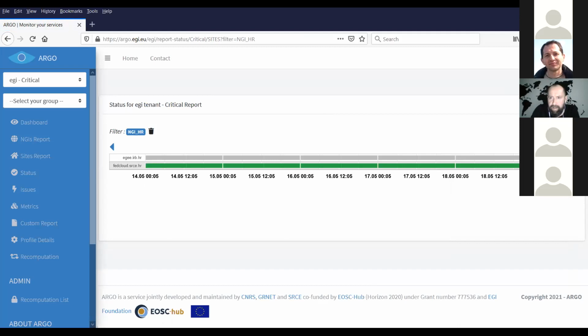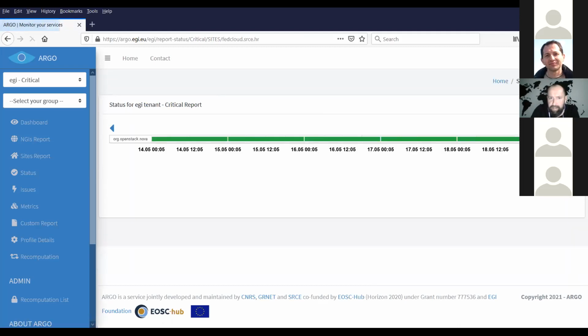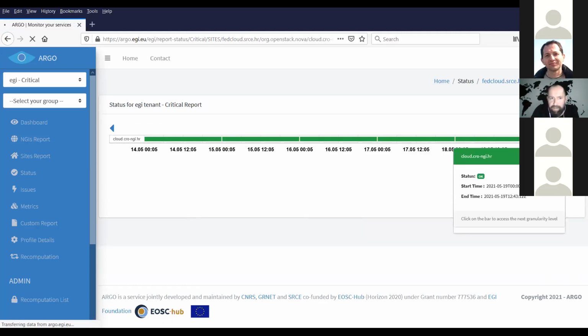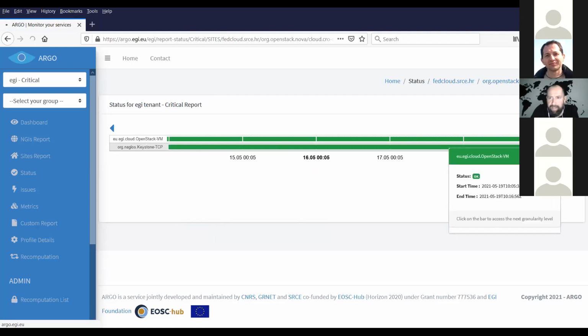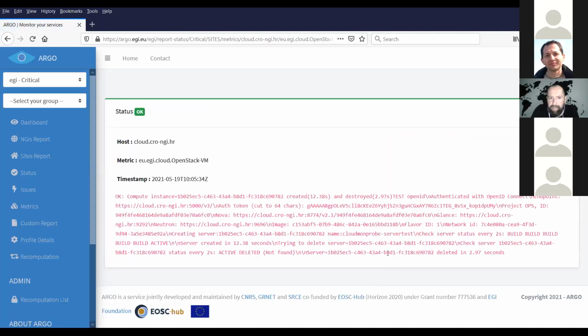So these guys, they still haven't fixed the damn thing. Sorry for that. And then you can drill down and you see, oh, I have an OpenStack Nova and it's working fine. And then the OpenStack Nova has the instance. Here you can see the host name that I showed before, and then go drill down further and you see the individual metrics.